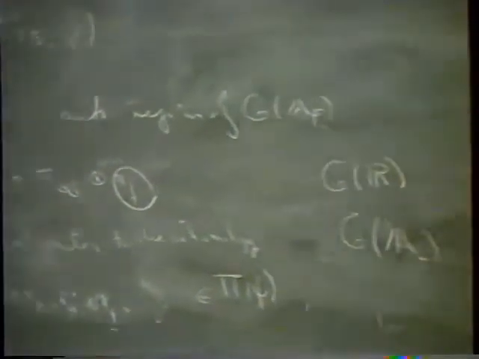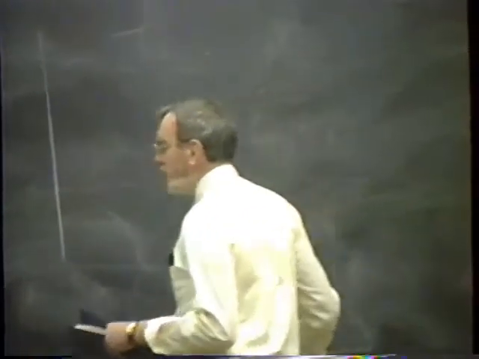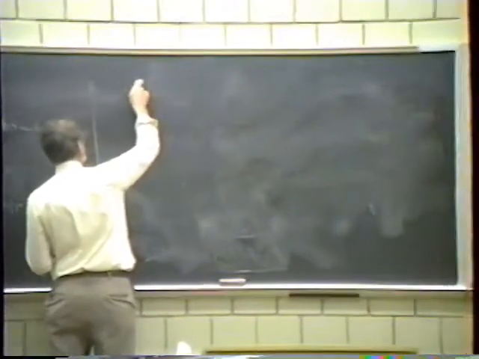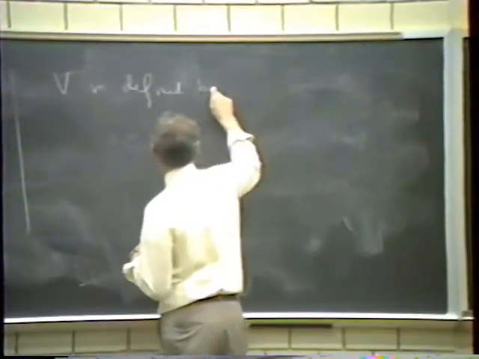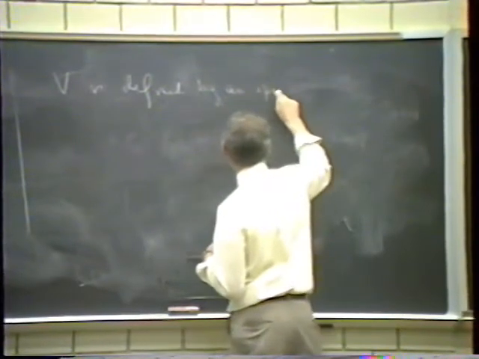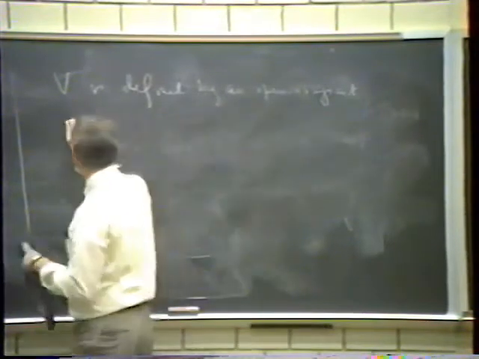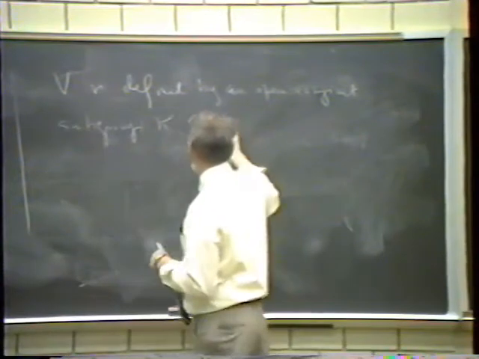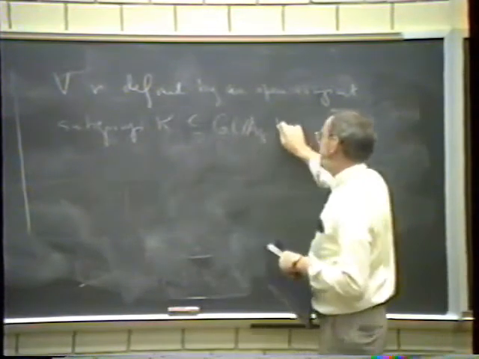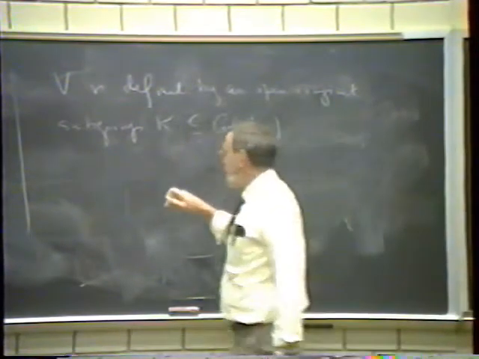And it will play an important role. Now, one other thing that we didn't do, but V is defined by an open compact subgroup K in G(A_F). And we haven't defined a Shimura variety, so we haven't talked about this, but we need that